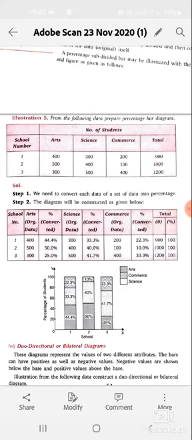Now, according to the percentage of each school, as in the previous diagram, we have broken the bar. Here we will break all the bars into 3 streams: arts, commerce, and science. This type of bar is called a percentage diagram. Remember, the length of each percentage diagram will be equal, because the total percentage will be 100.